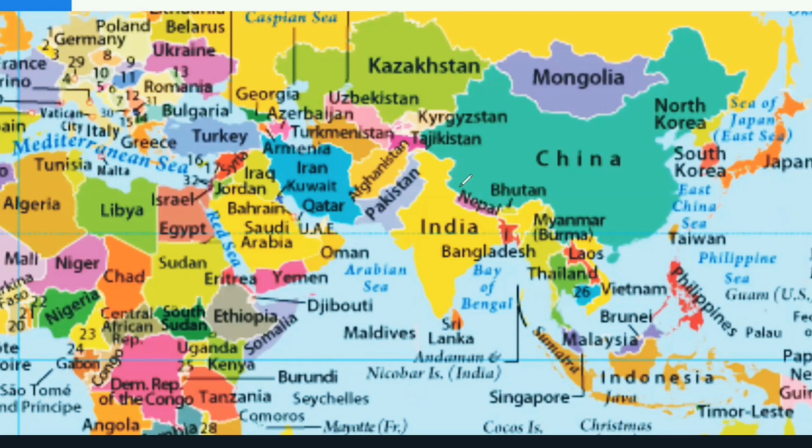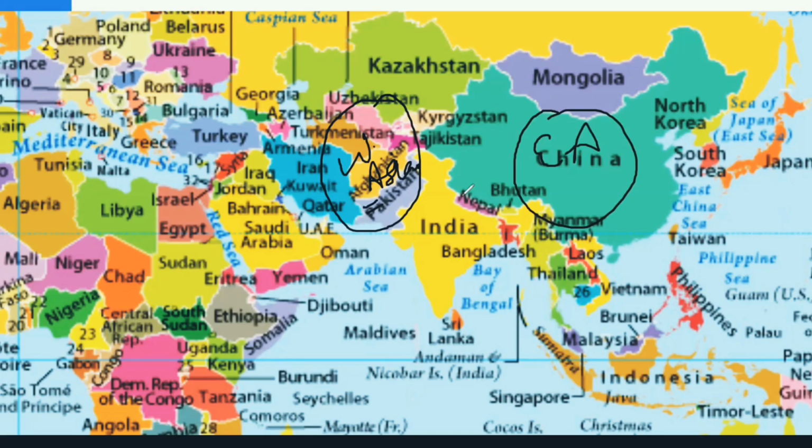And not only has India spread it, India has also absorbed. India has also learned different cultures from different areas, like from Western Asian countries. These are what countries? These are Western Asian countries. And if we talk about direction, if it is West, if it is East Asia, then this is what. And as we extend towards South, we can talk about it as Central Asia and also South Asia, right?